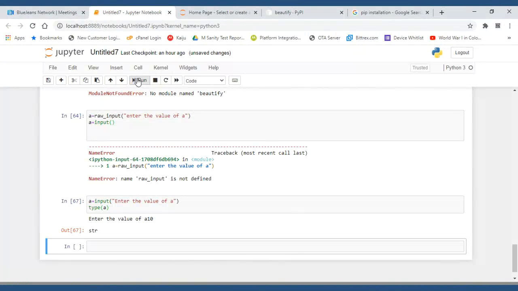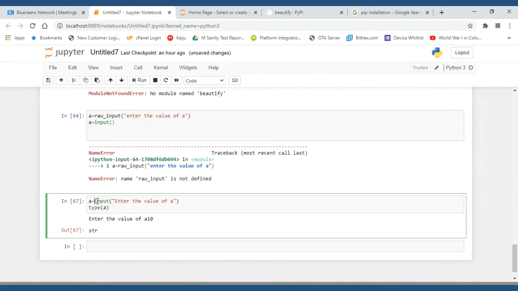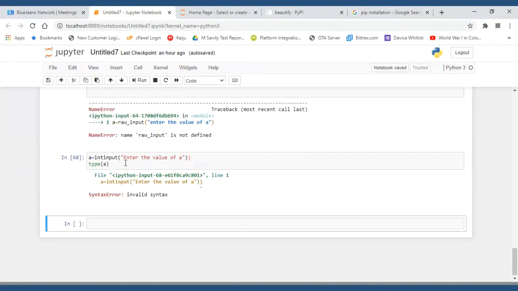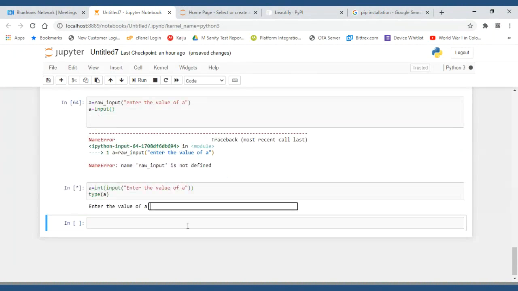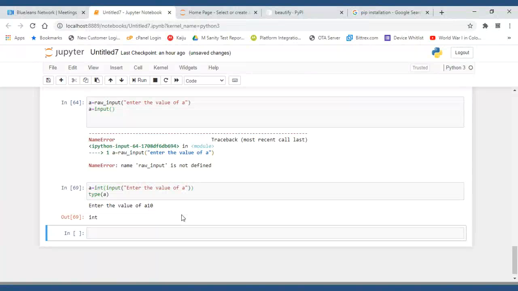See, I know that I am going to give an integer value because I am the user. So int of, like this. Sorry. Now let me run this. I made some mistake. Okay, now it will ask me for 10. Then it is int type. Is it clear or not? First you tell me that. Everything has to be typecast, automatic typecasting is not allowed in Python.